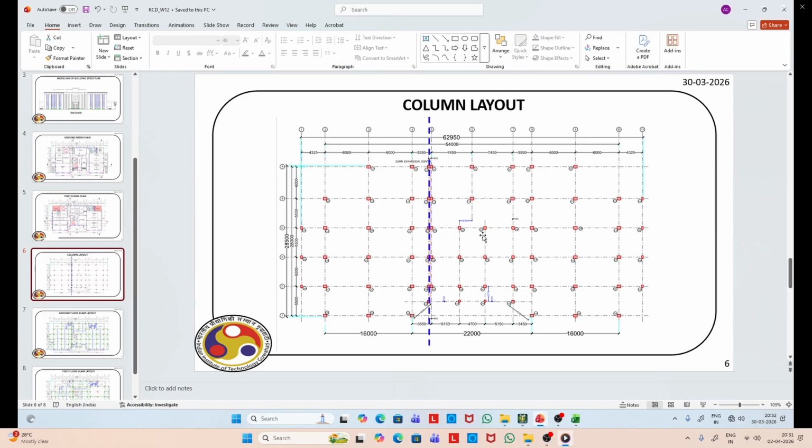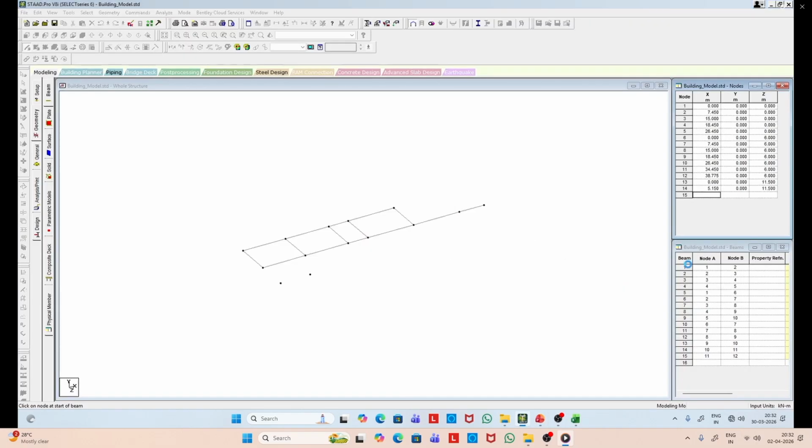One is created, another will be copied, and it will be created on the right side of grid marked 6. You can see the new point.